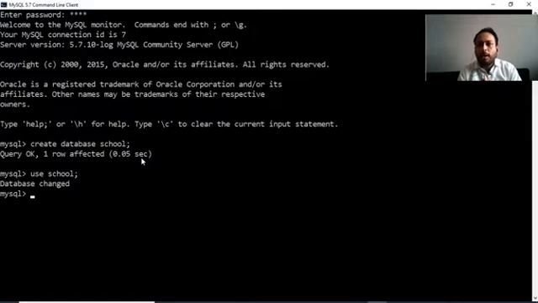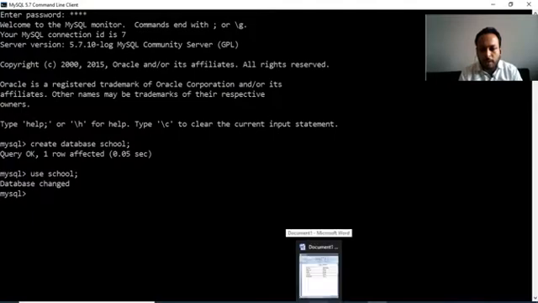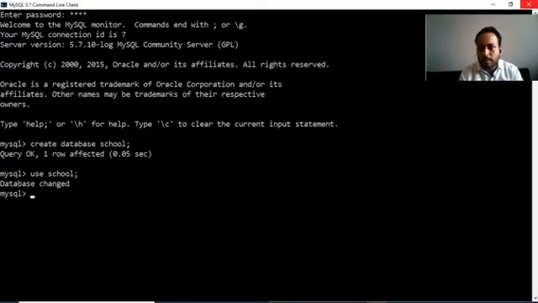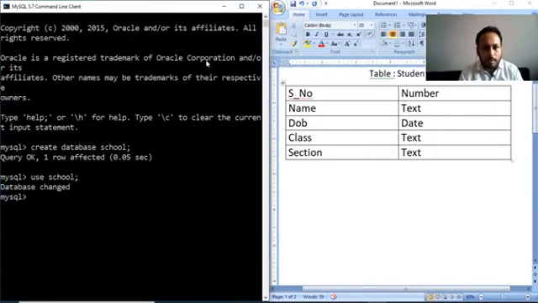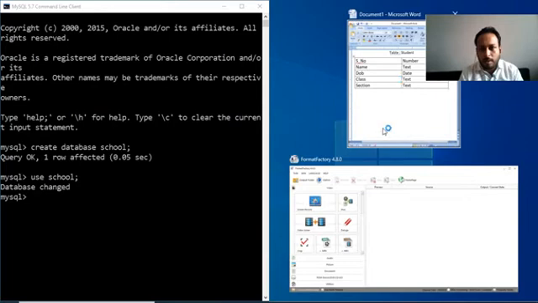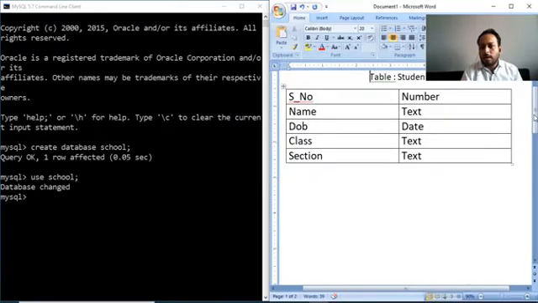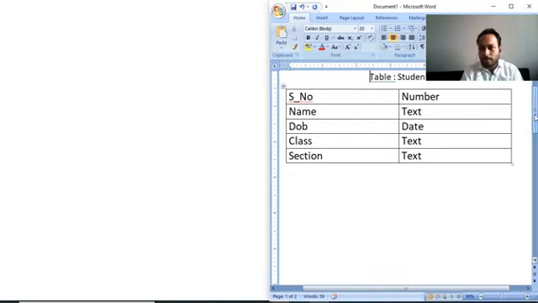Fine. Now it's time to create a table. We want a structure of the table like this.